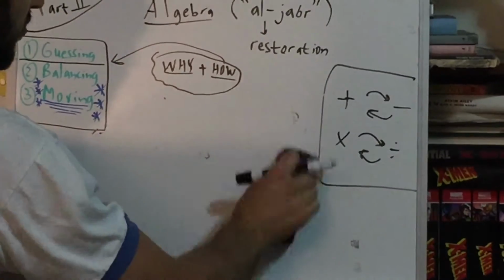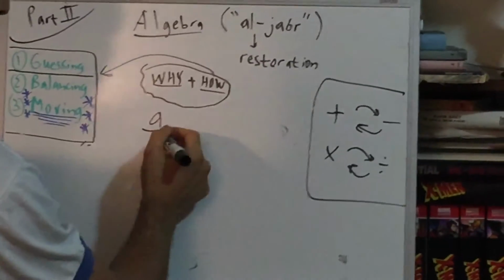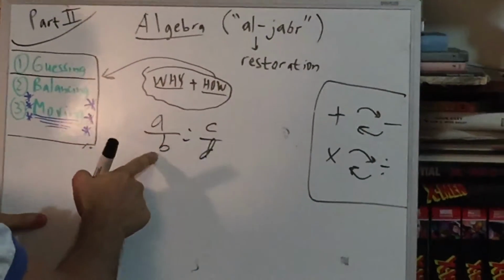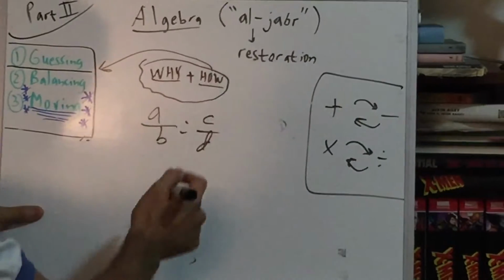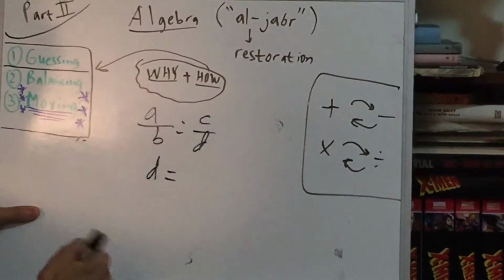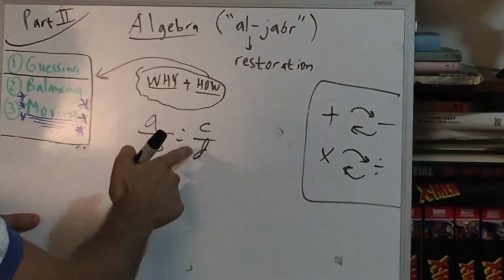So let's do this with a little scarier problem. Now we just have no numbers, so four mystery values. Some number over some number has to be some other number over some other number, and we want to know what is D in terms of the other letters. So for example, if this is 2/3 equals 4/6,